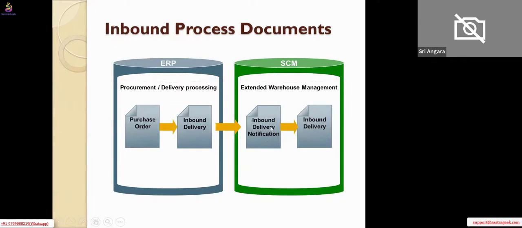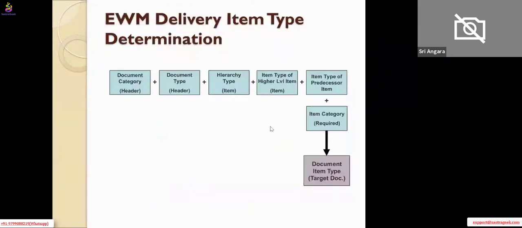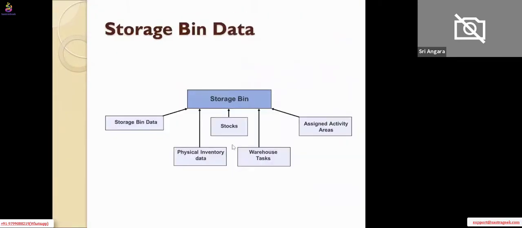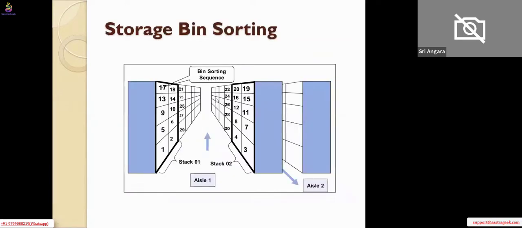But we do not have a notification because this is not a decentralized landscape. This is an embedded one. So this duplication of the deliveries is not required. Now, what we are trying to understand here is the put away